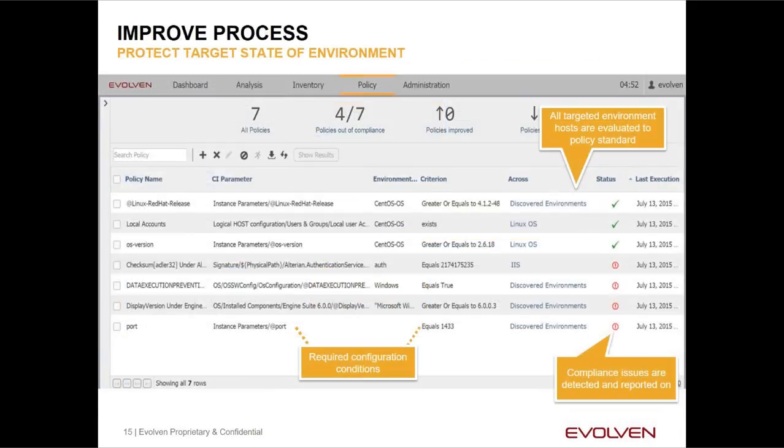What about improving your process? Well, let's talk about policies or known states, or keeping it in an environmental state of consistency. Here's the key thing. Many times we know certain configuration items that get changed will break an application. So why don't we put a little bit more detail around that and say, hey, in these targeted environments, you cannot have a file policy change or a security parameter change around this file. And what that does is it gives you required conditions that it must equal this or it must not